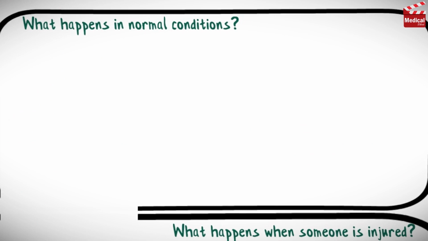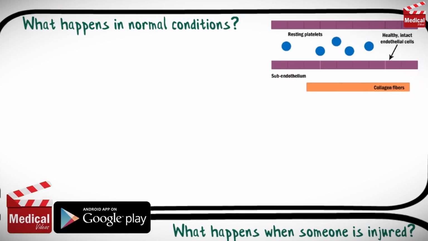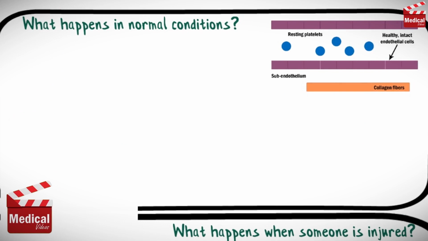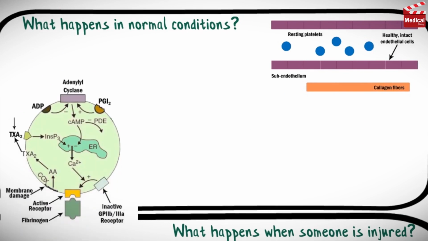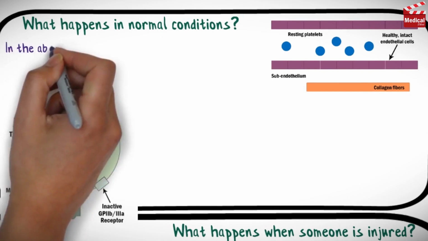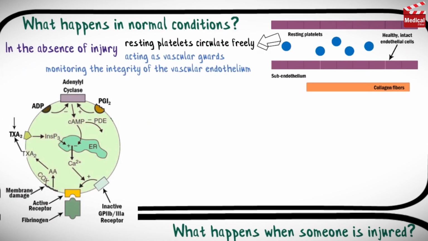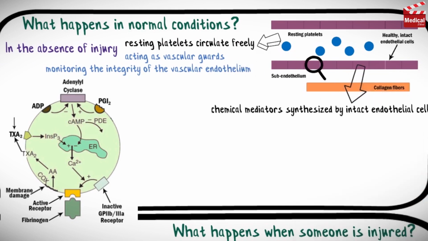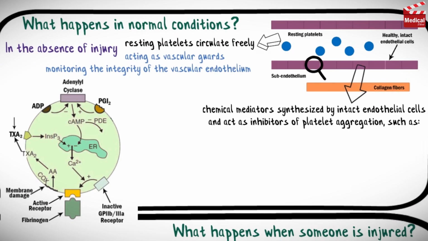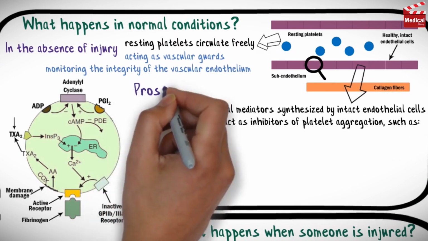Let's make an illustration of platelets circulating in blood vessels, healthy intact endothelium, and collagen fibers in the subendothelium, and a platelet having various types of receptors on its membrane. In the absence of injury, resting platelets circulate freely, acting as vascular guards, monitoring the integrity of the vascular endothelium. There are some chemical mediators synthesized by intact endothelial cells, and act as inhibitors of platelet aggregation, such as prostacyclin